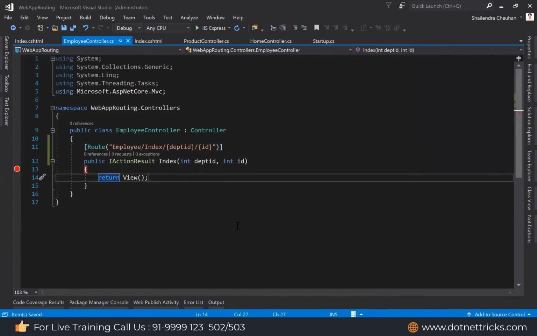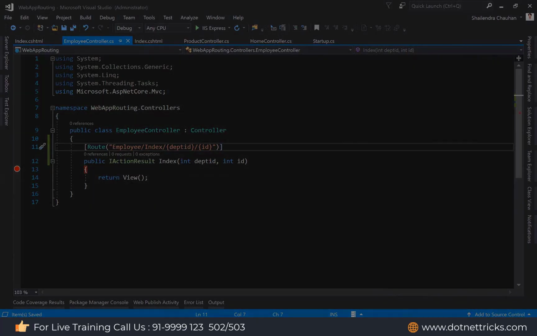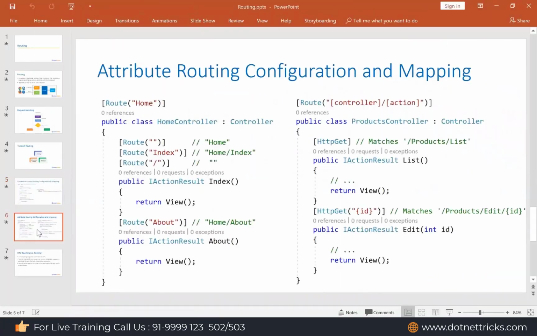So now I can access it the same way. Now we are using attribute routing. We configure attribute routing at the action level and even at the controller level. You can see these are the various routes we can define using attribute routing.